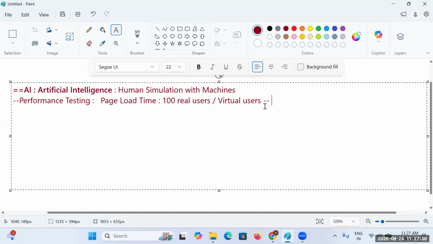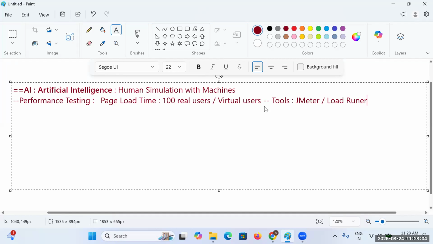You will be creating virtual users with the help of tools. That is what we take with JMeter, or with LoadRunner, as an example.